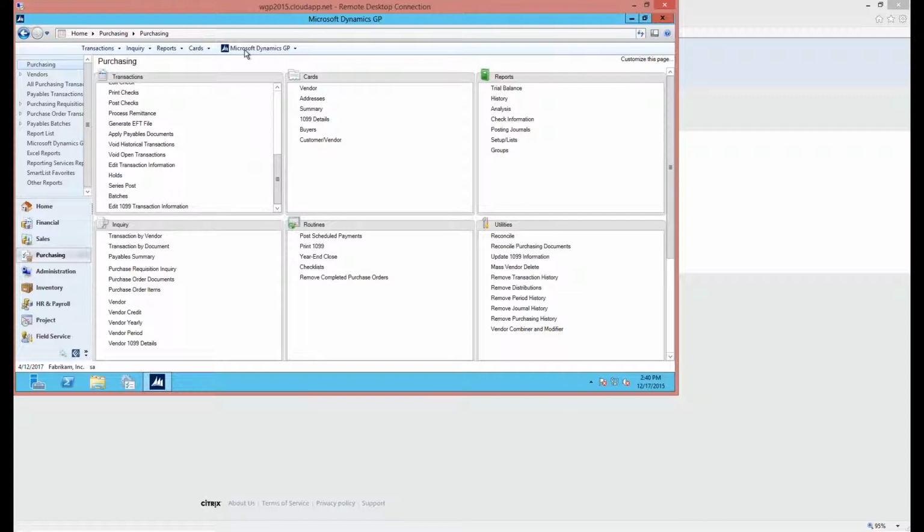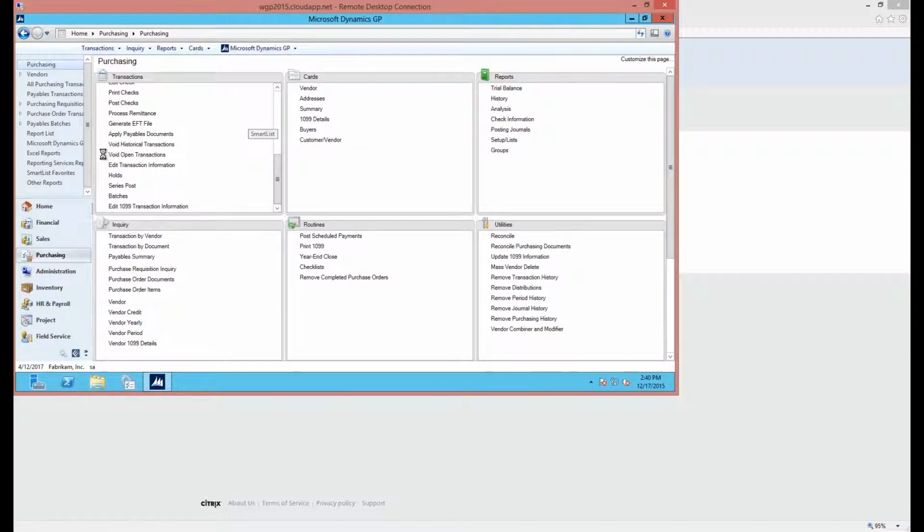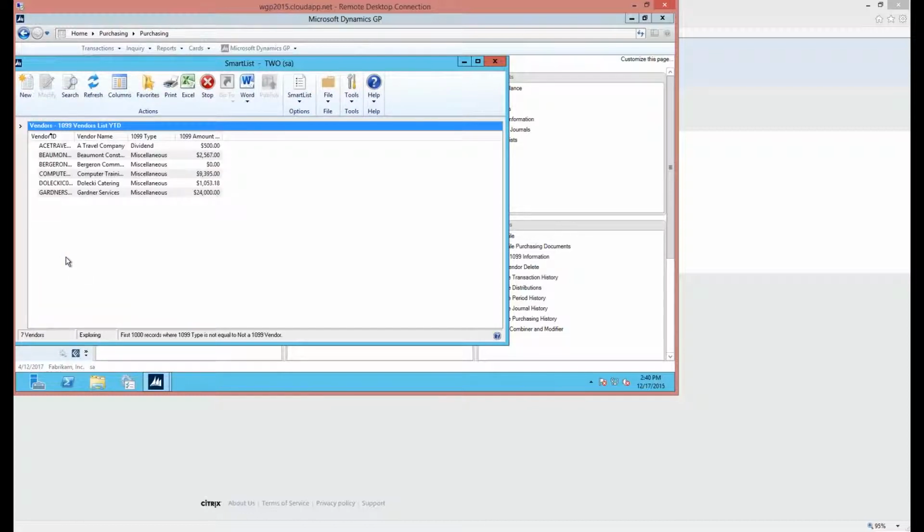Now, if I notice in my list that I do need to make changes to the amounts for some of my vendors, I can simply go and minimize that, and under cards, I can go to 1099 details. In here, I can select a 1099 vendor. I can go in and scroll through the periods and see what period I have in there with an amount. This guy doesn't have anything, so I can go in and add a 1099 amount if I wanted to for this particular vendor. I can say save,